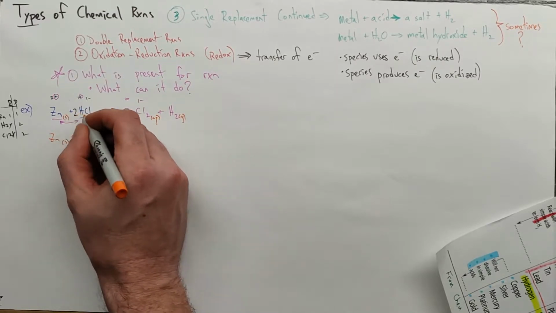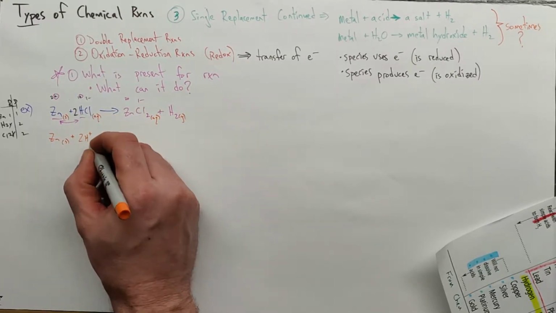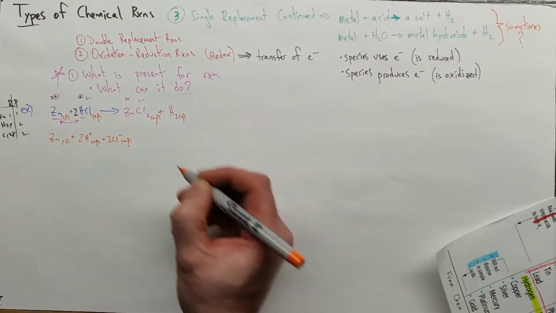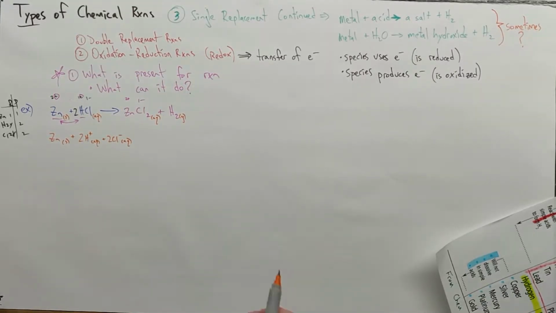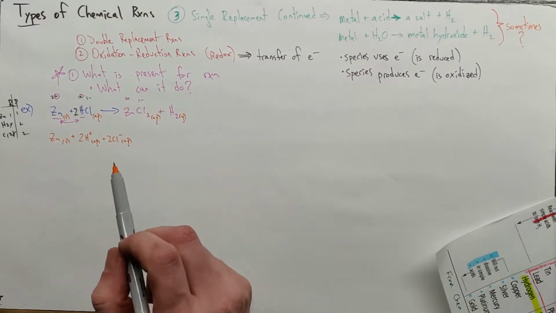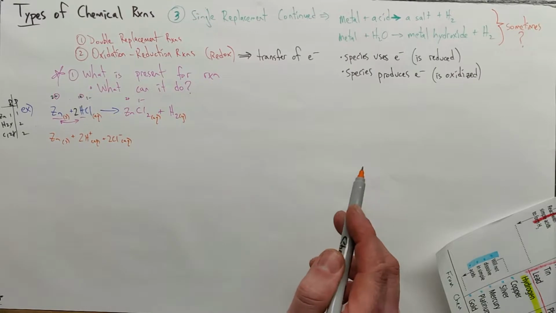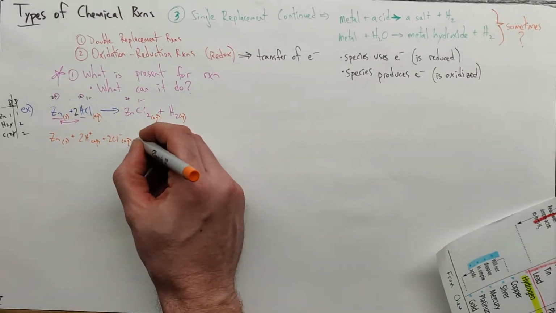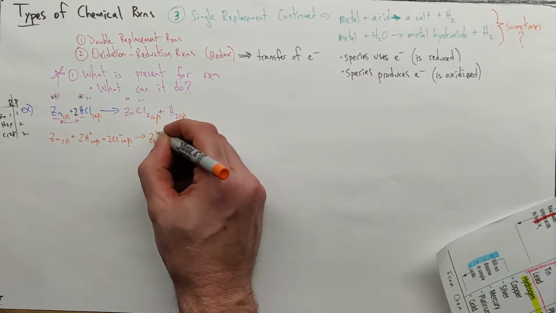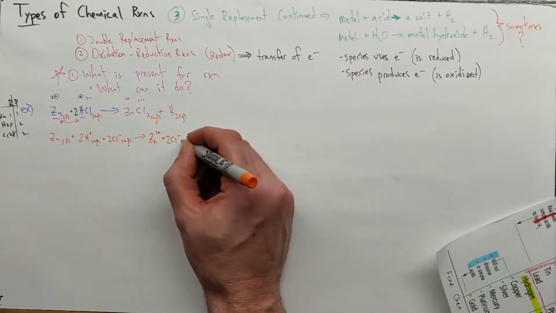And we have 2 hydrogen ions, and those are aqueous, and 2 chloride ions, and those are aqueous. What we're going for here is identifying spectators so we can look at the reaction that's actually happening based on what we see on the electromotive series, all right? On the other side, we have zinc ions and 2 chloride ions